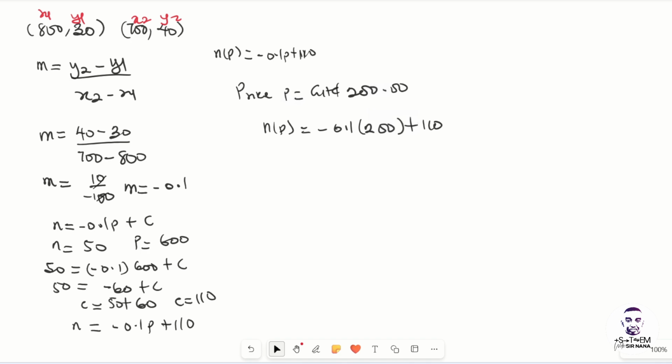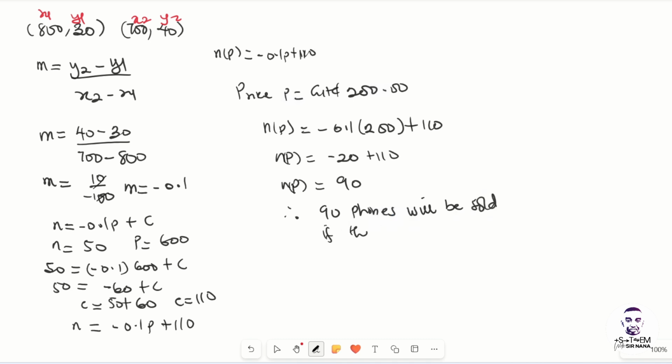That is negative 20 plus 110, so n of p becomes equal to 90. So 90 phones will be sold